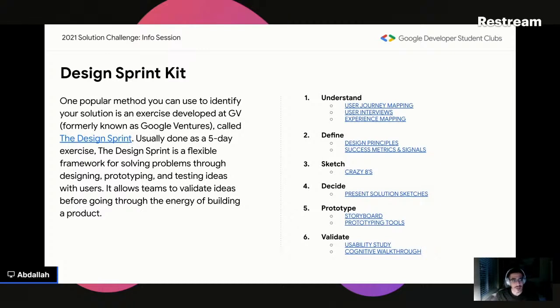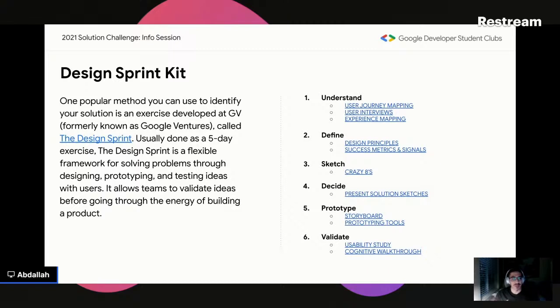After we share those links and slides with you, you could jump in right away on understanding your problem, trying to map your journey through it, and then having user interviews that will give you a better idea of what's going on. And then you need to design your principles by defining your success metrics and signals. By having that kind of definition, you will be on the right track toward building your own solution challenge.